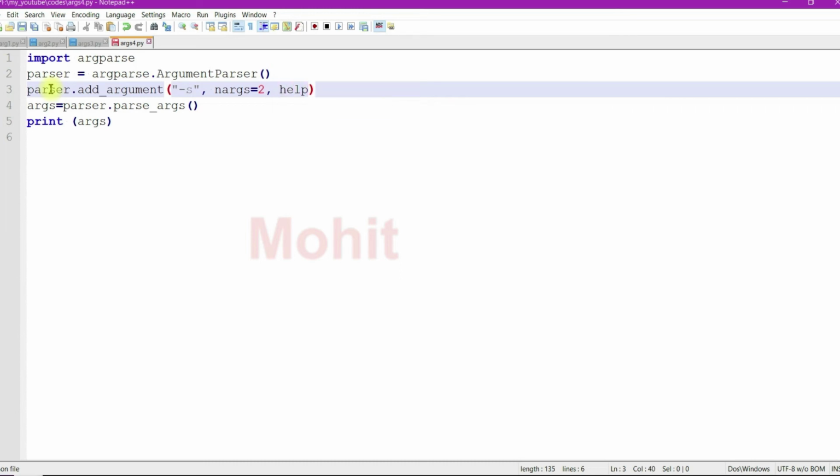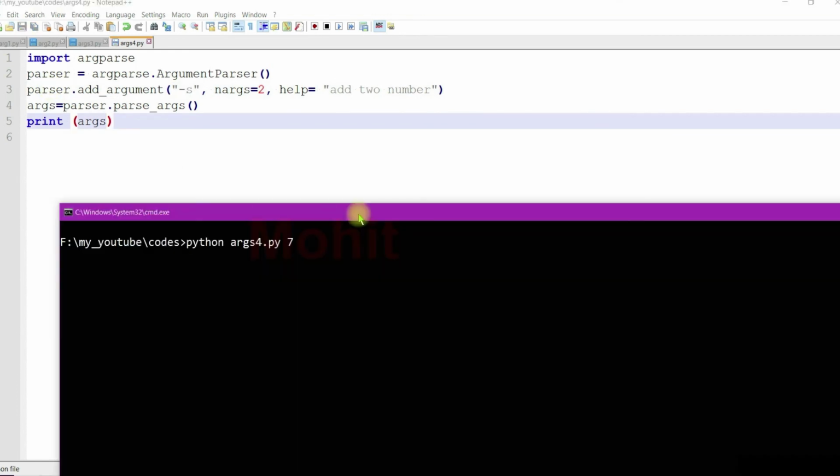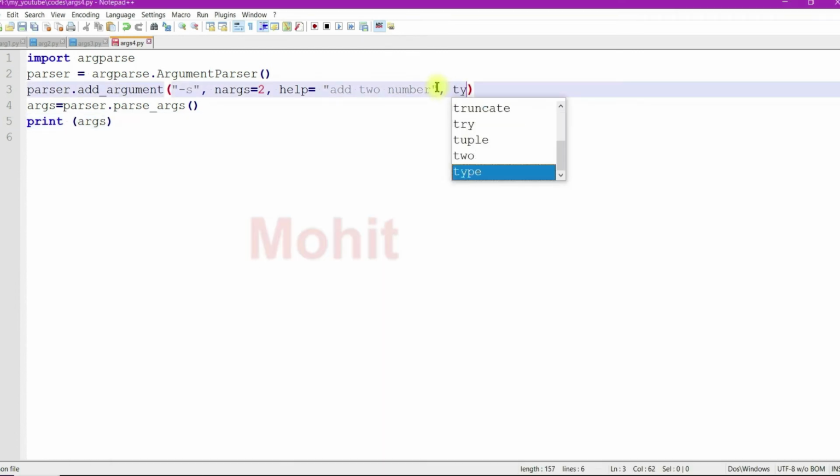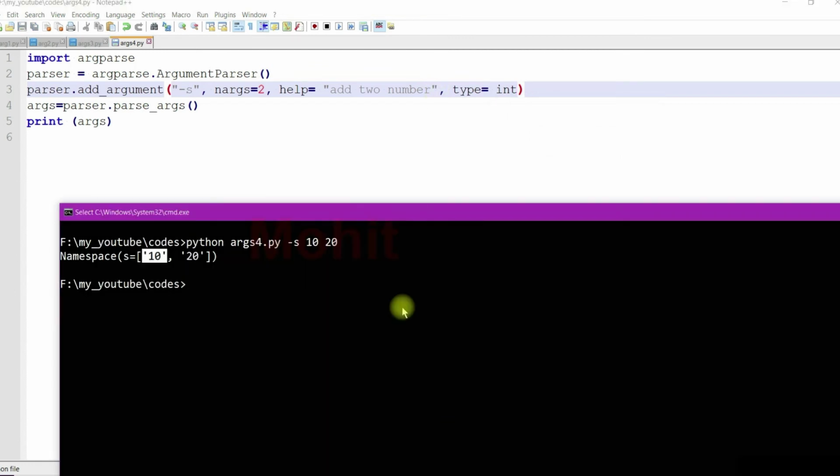It means I have to give two values with the -s option. After execution, the given two values 10 and 20 become part of the list. Both values are in string form. If we use type int, both values are in int form.